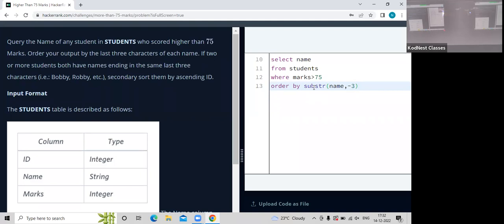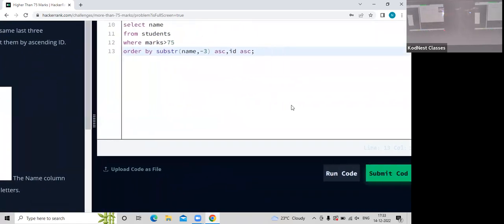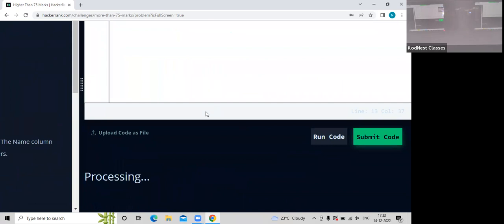So order your output by the last three characters of each name. Then, dear students, when they have not told what the order is, by default ascending is the order. Then, if there are two or more students ending with the same last three characters, then secondary sort them ascending by ID, which means secondary sorting should be based on their ID column. Okay, so when I tell this and try to run this code,